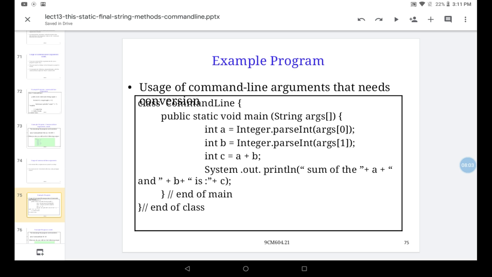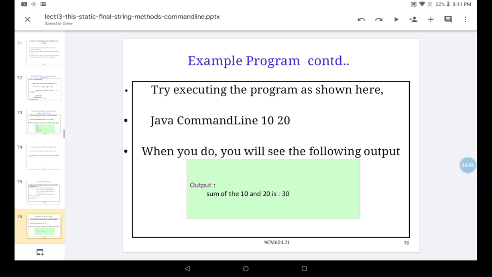See now, first if you see the output you will know better. Suppose we are passing 10 and 20. Actually what you need to do, you have to pass only strings because it is a string array. But there are chances that we also want to pass arguments as some other data types.